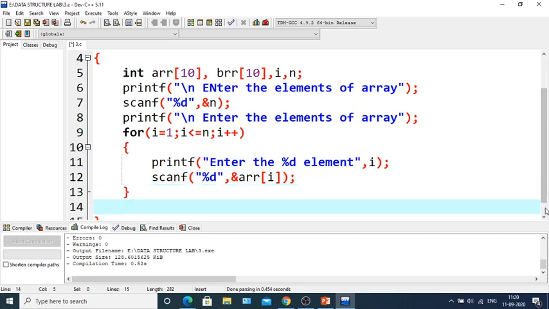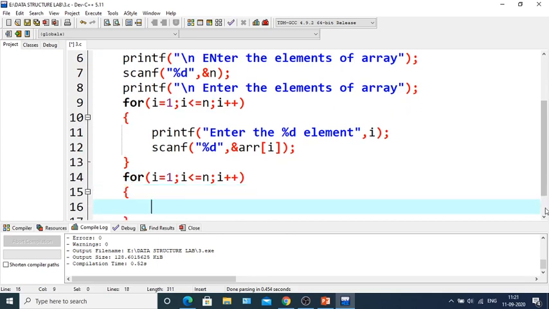Now we'll copy each element of the array and assign it to the BRR array. For that we need a for loop: for i equals to 1, i less than equals to n, i plus plus. Here we will do BRR i equals to ARR i.